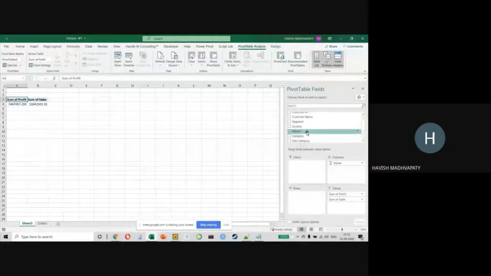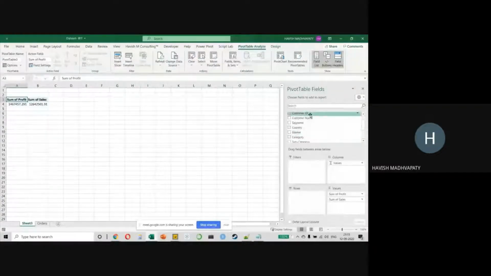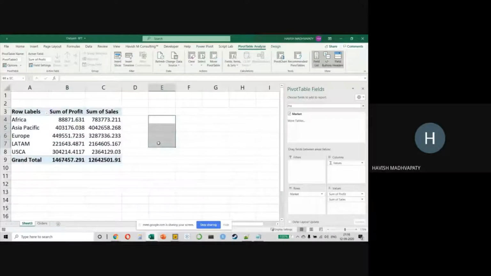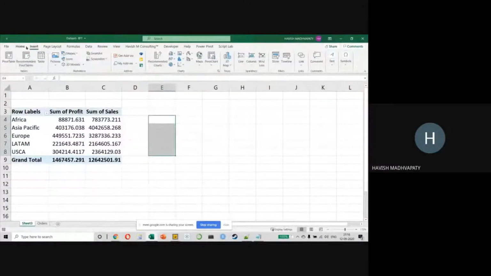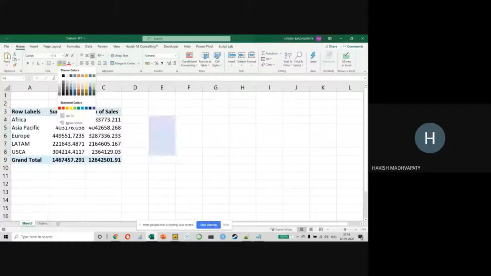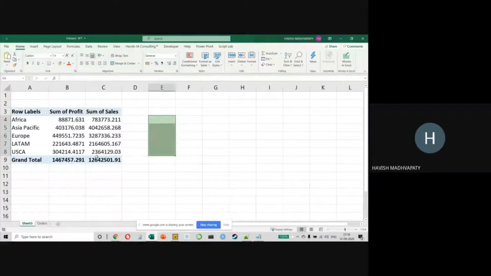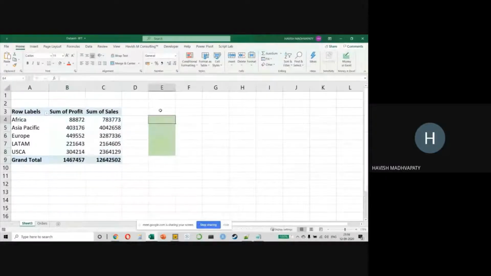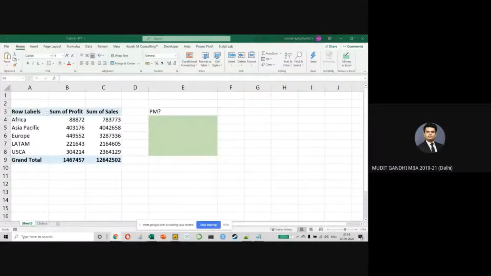Okay. What I want is for somebody to tell me, how would you find out the profit margin? Sorry, let's see, keep the market here. Tell me, how will you find out the profit margin? If I want to find the profit margin here in these cells, which I've colored green, how would you do it? You can either put it in the chat window or unmute yourself, however you're comfortable. Anyone? So it should be the column B divided by C minus B.